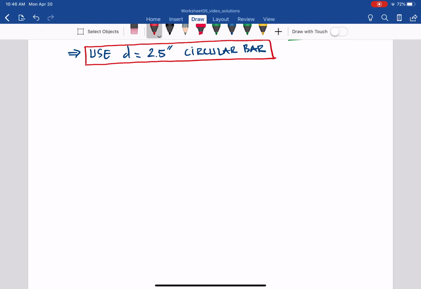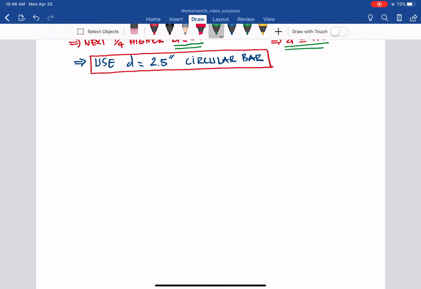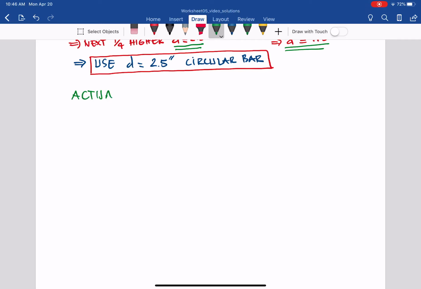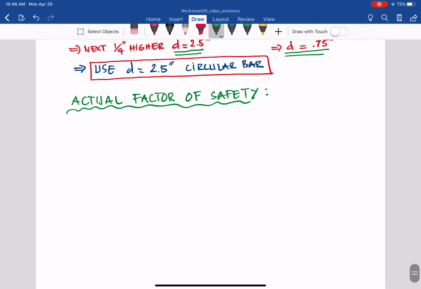that we introduced. So one step before we finish, that is the actual factor of safety, right? For the actual factor of safety, we have two scenarios. Already now, the diameter we choose is 2.5. So for yield,